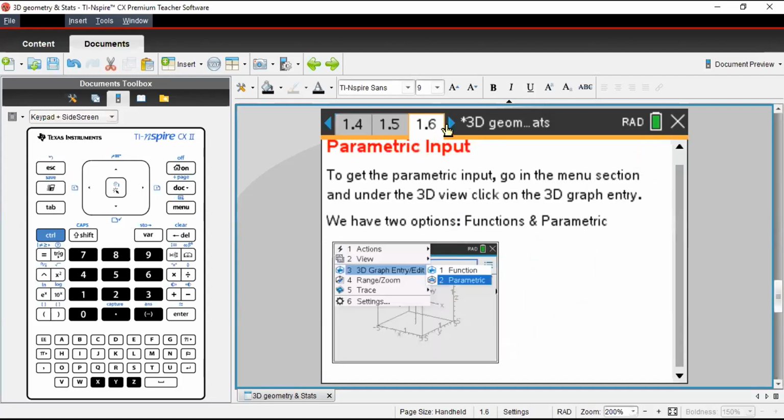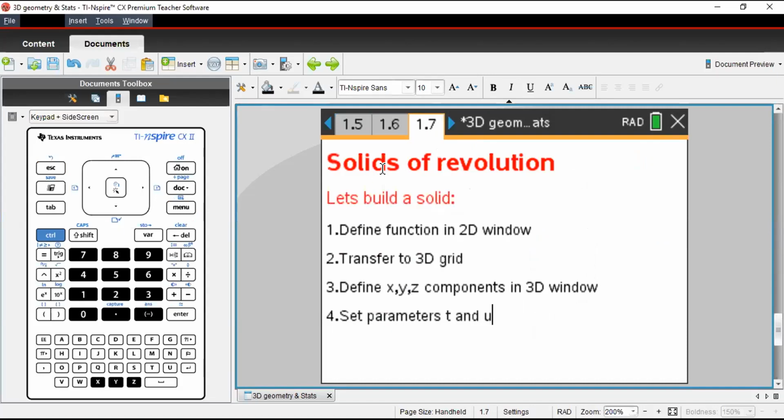But the next one is the solids of revolution. We are going to achieve this by constructing a solids of revolution by using parametric equation that we just saw. We are going to look at the rotation around x-axis, y-axis and z-axis. And finally, a little bit of creativity with sliders maybe that will help us to make the students understand in a better way what exactly is going on under the process.